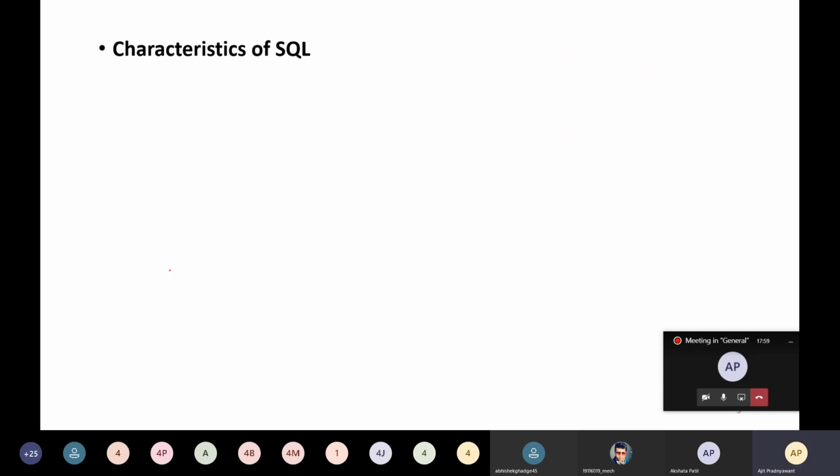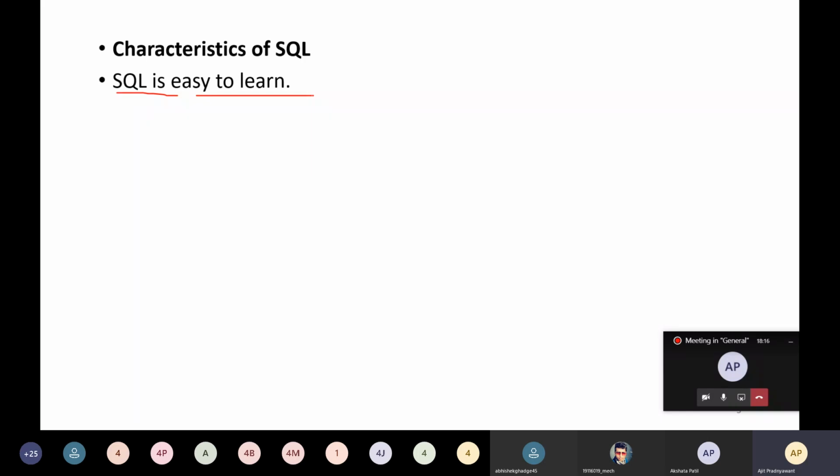Then what are the characteristics of SQL? SQL is easy to learn. Okay, it's very simple to learn. This is one of the characteristics of SQL, and it's quite interesting. This unit is interesting.